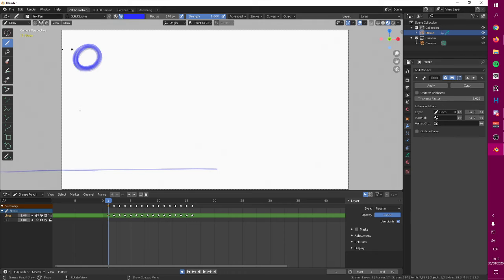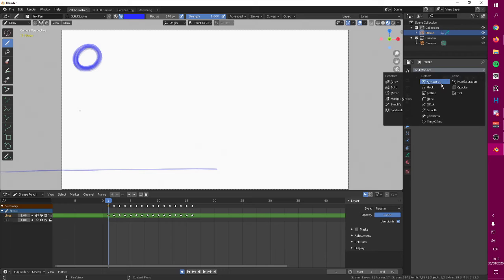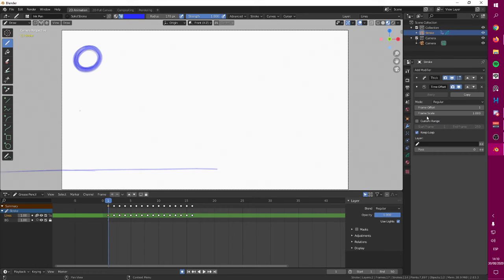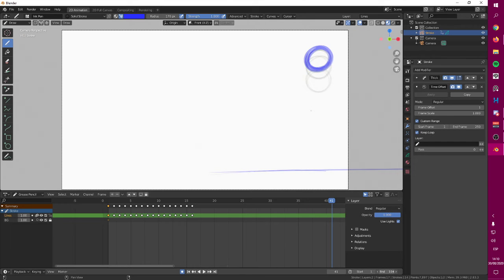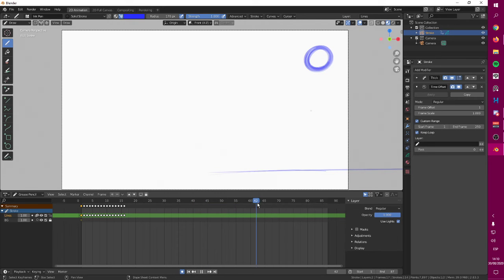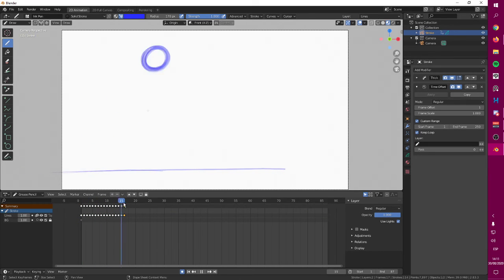So by having this selected, go to modifiers, add a new modifier, and use the time offset modifier. Make sure you are checking this using a custom range. So for example, if this whole thing lasts even longer, let's say we have 87 frames on our timeline, but our animation is only 16 frames long.